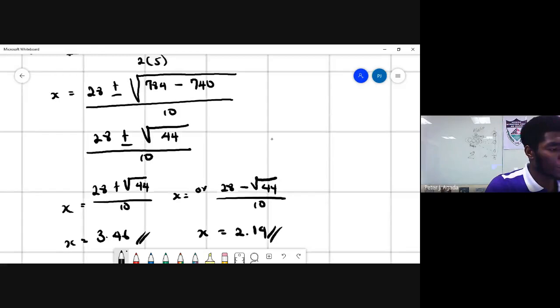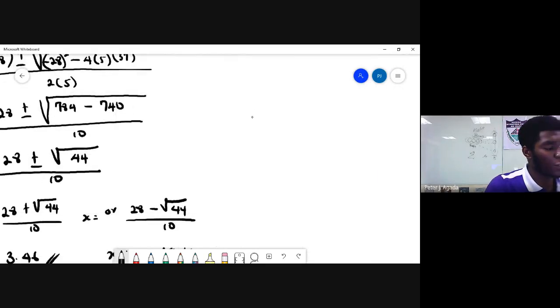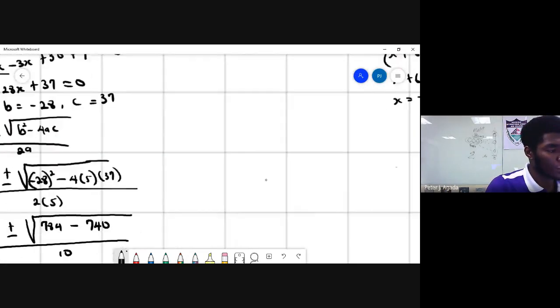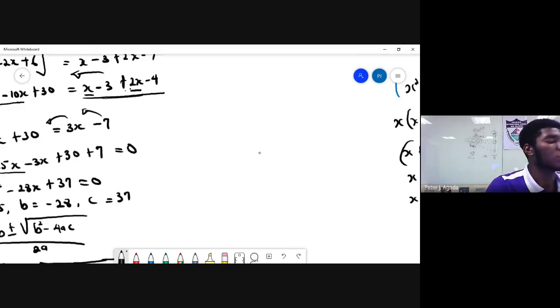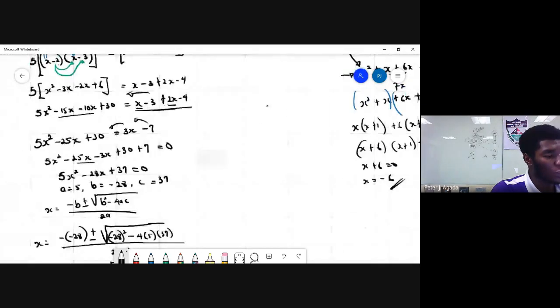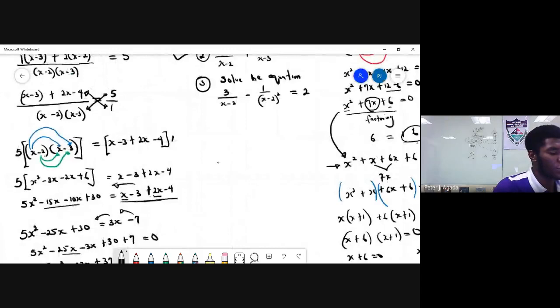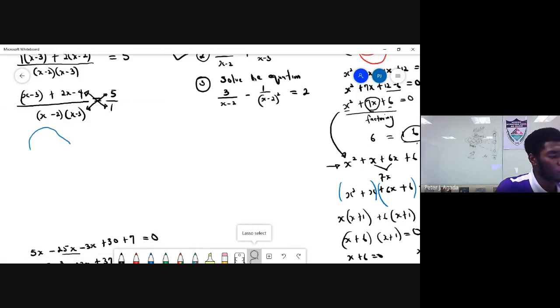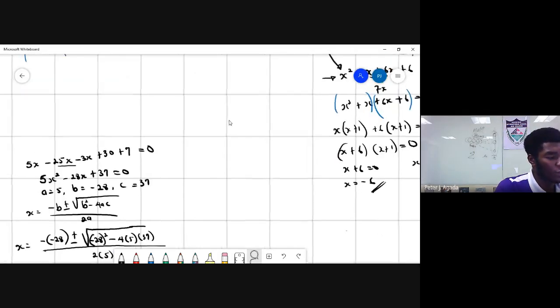So let's go over to the third question and see how we can solve it. It kind of looks a little bit complicated, but we can actually solve the equation. I'll just zoom in a little bit. So go ahead and try to solve this quadratic equation and see if you can solve it on your own. I'll just remove this one here, so at least I can have more space to solve my quadratic equation, just so I don't get everything tilted.